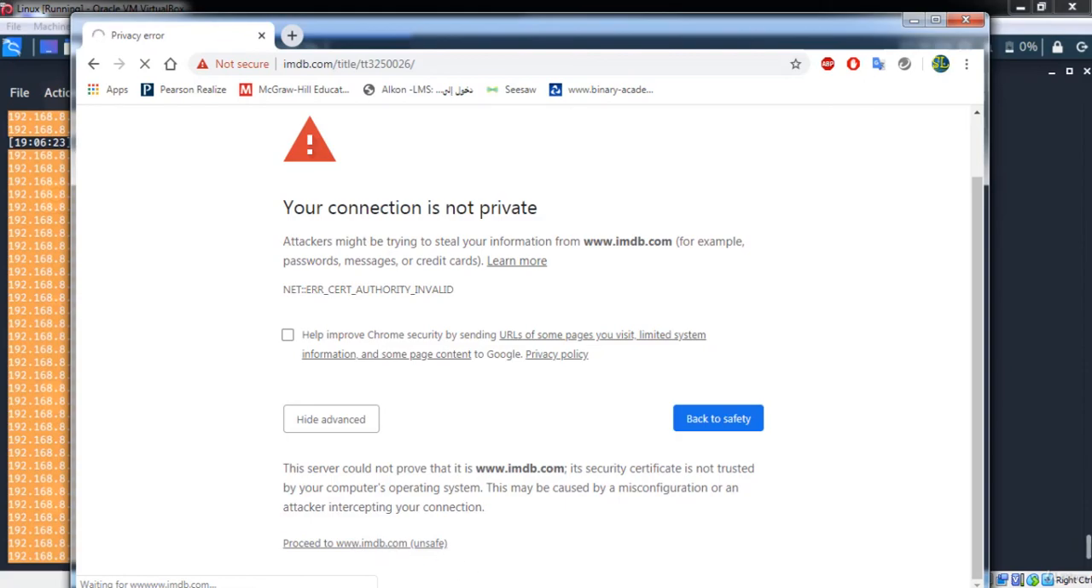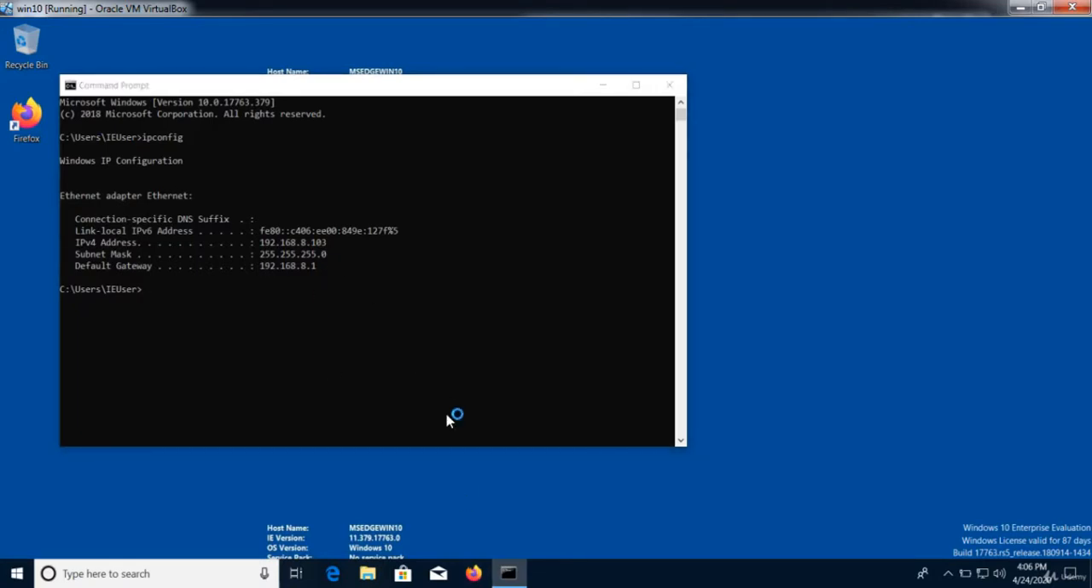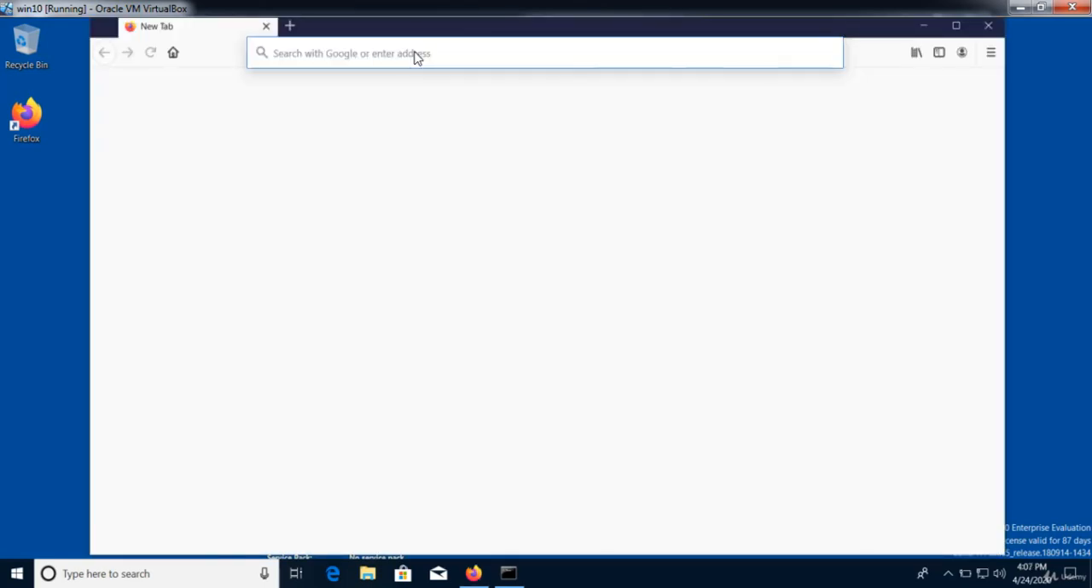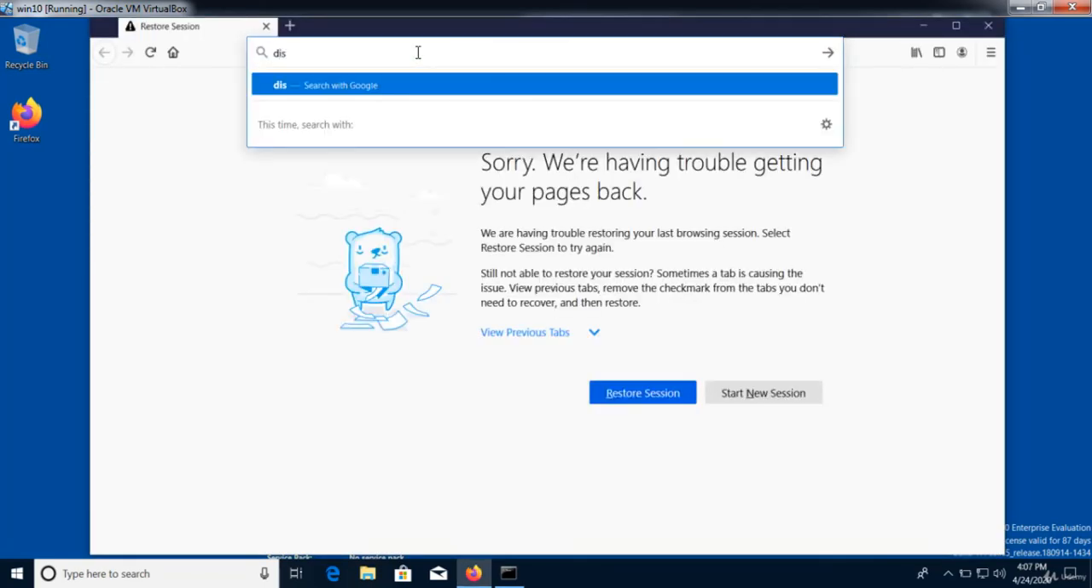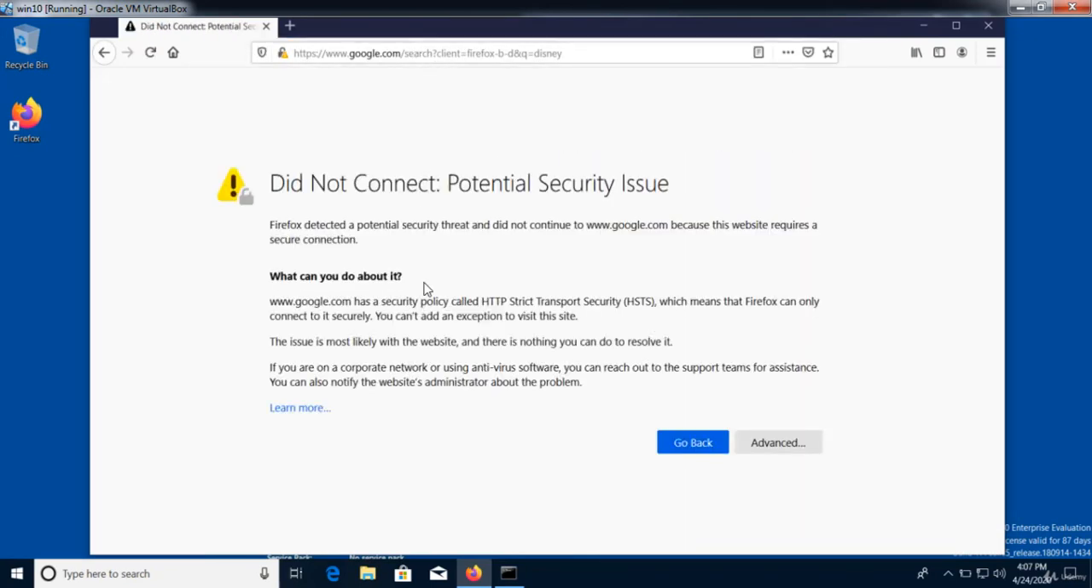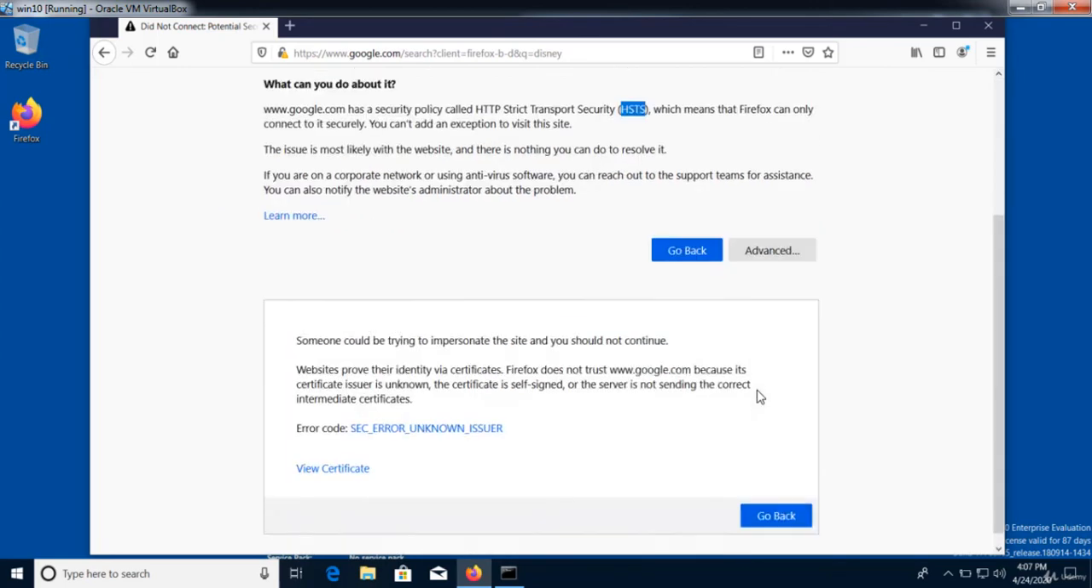So let's try the same on Windows 10. Let's try this time with Mozilla Firefox, and you can see that it's difficult. So let's try Disney as well. See here again, it's telling us Google has a security policy called HTTP Strict Transport Security, HSTS, which will not allow you to go and